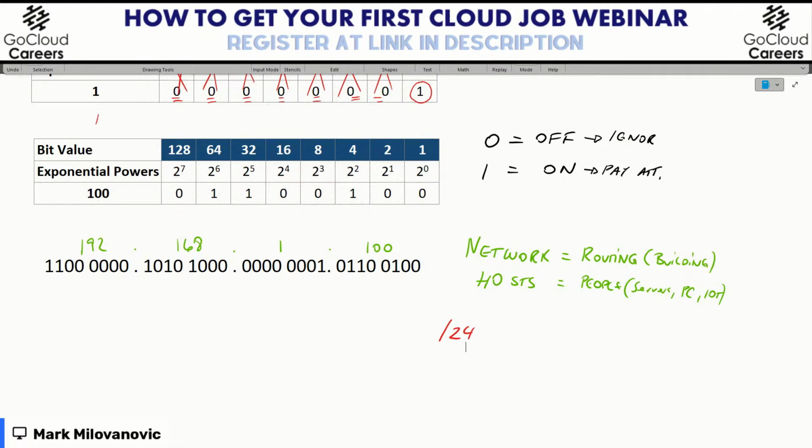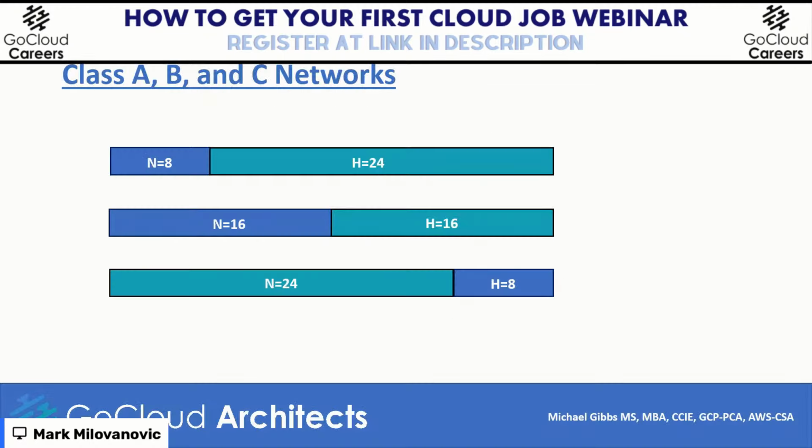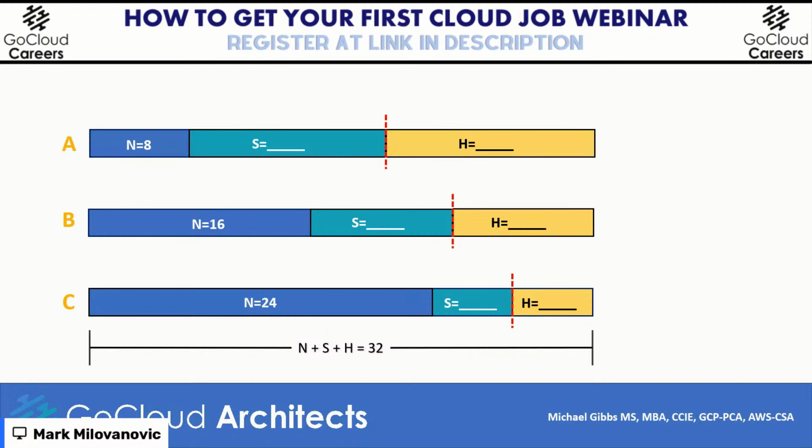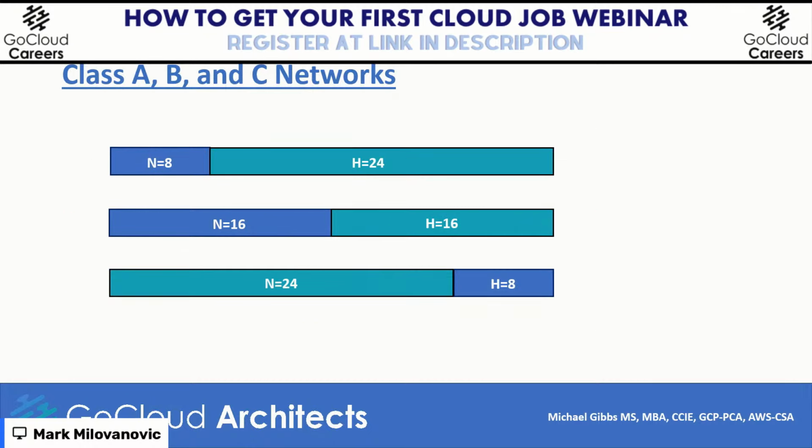What we've displayed. And let me show you from the slides here. Everybody can see that. So we see this length of different networks here. We see this would have been my A, this would have been my B, this would have been my C, right? There's bits in here, basically 0, 1, zeros, and so forth, that would have been involved. It says that anything in the network is going to be all ones. Anything in the host would be all zeros.